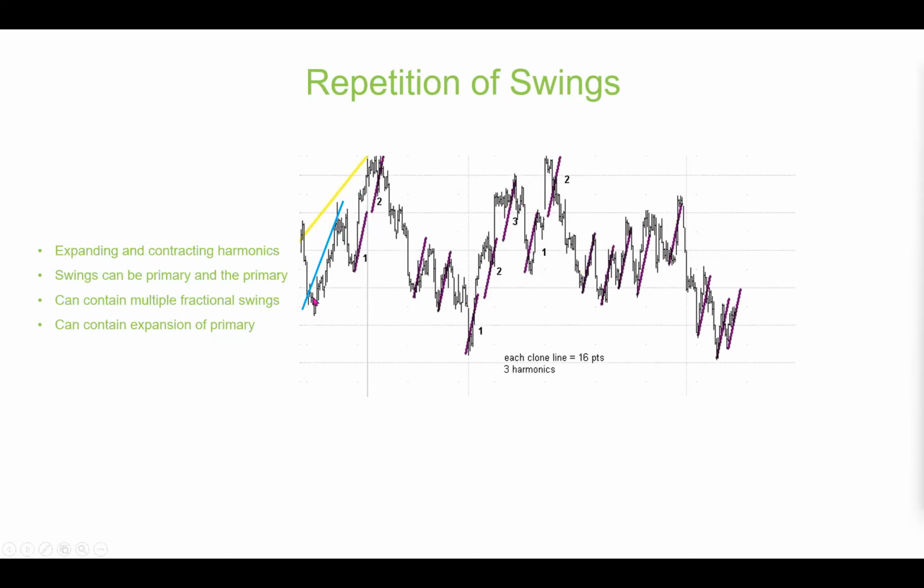So here we have a swing, this blue line from low to high, and that actually repeats from this low to high, but we can break that into two parts here, up, a little bit of a pullback and back up. Well, we can take that move and we can clone it, and we can find that same move. We have one, two, three of them making up one large swing here, two making up this swing, and